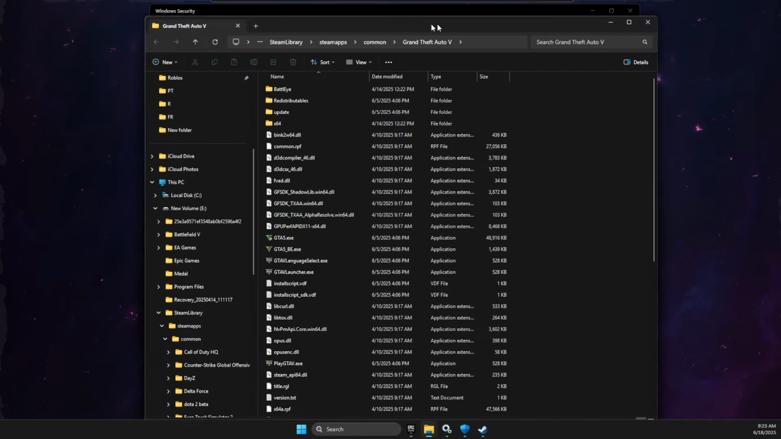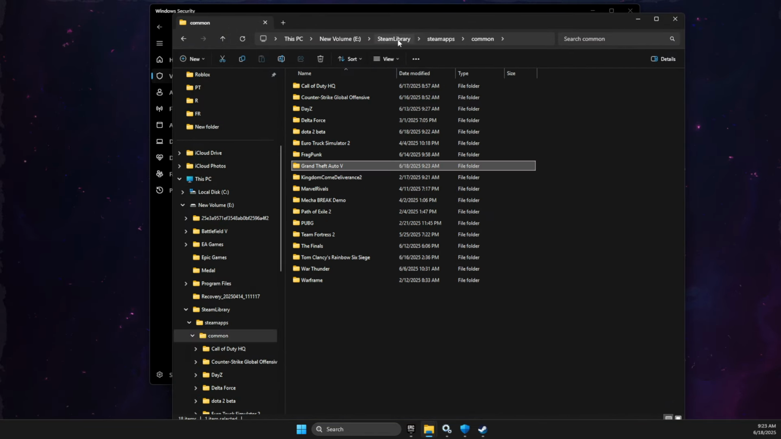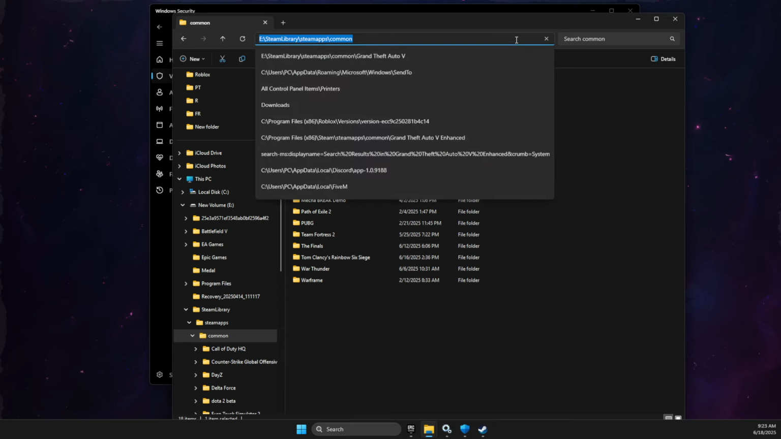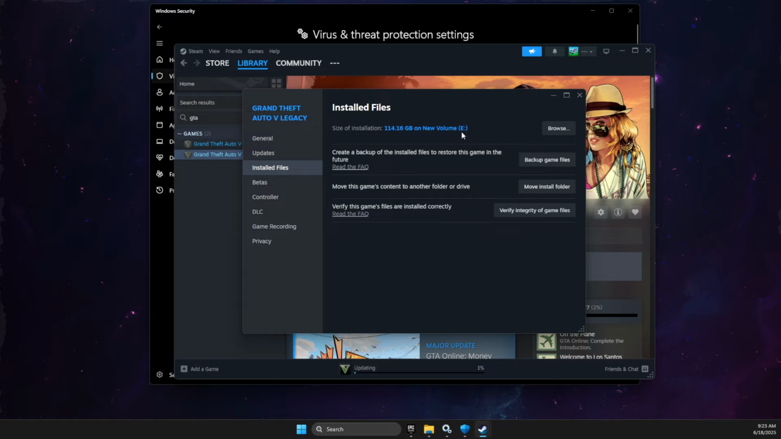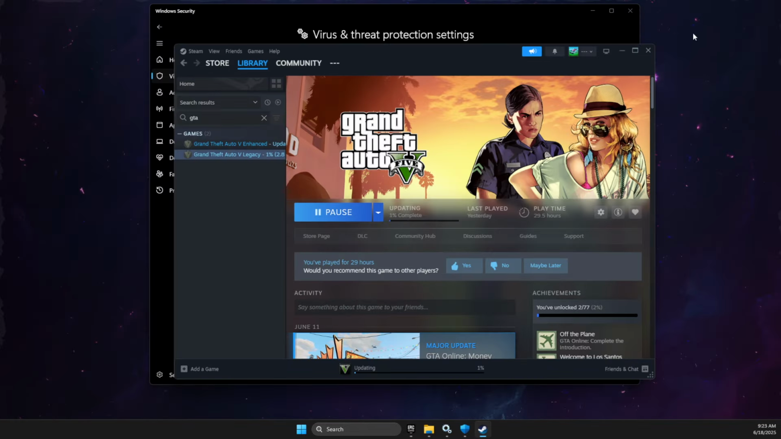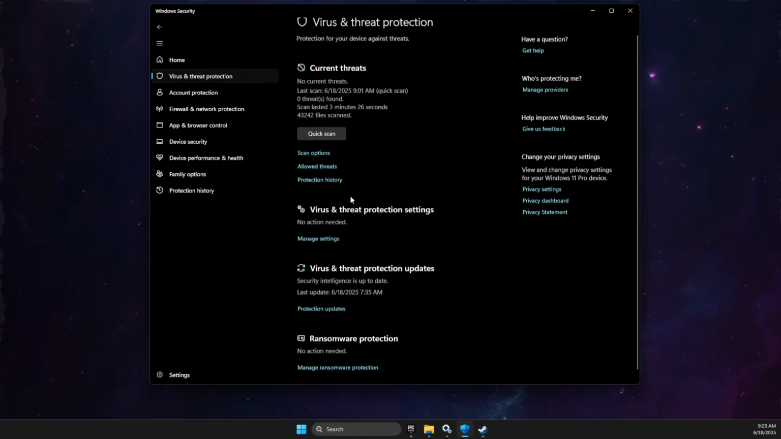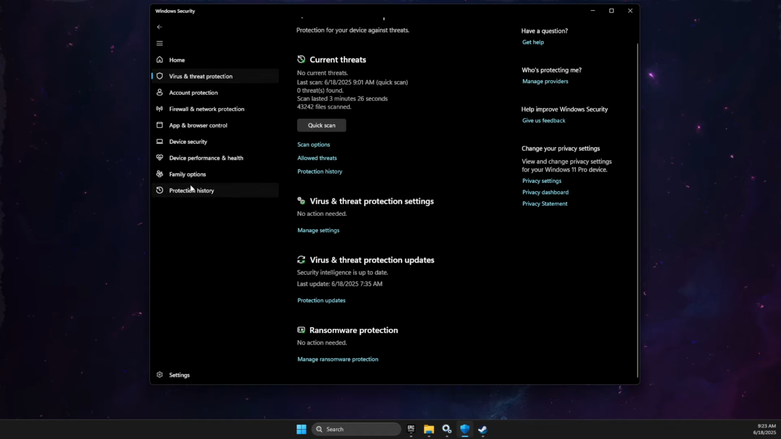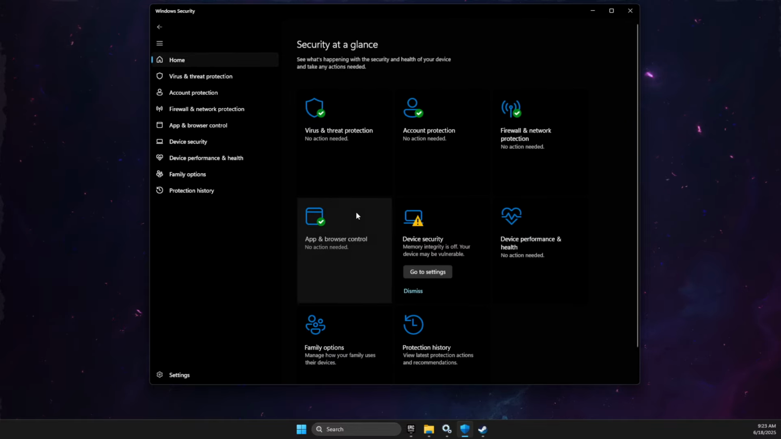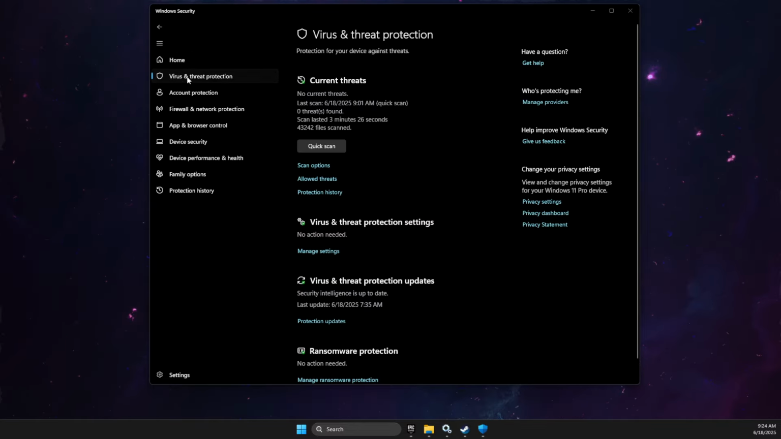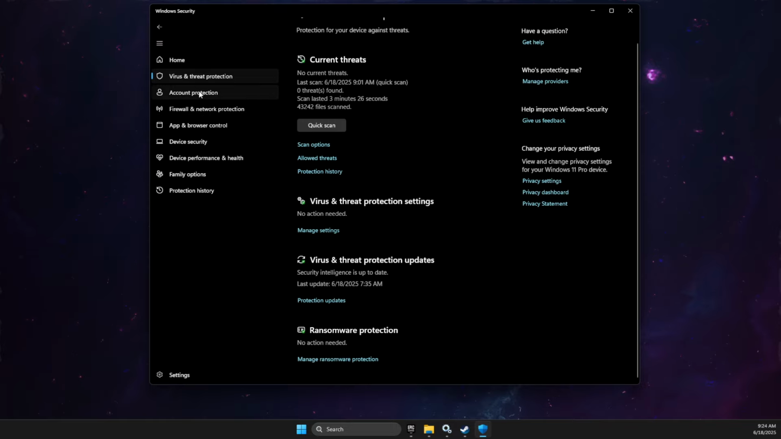Then what you need to do here is to go on common here, and you just need to copy the path, right? Just copy the path, then go back on virus and threat protection, scroll down a bit, or on home. Yes, you need to go to virus and threat protection, and then here on virus and threat protection, it should be